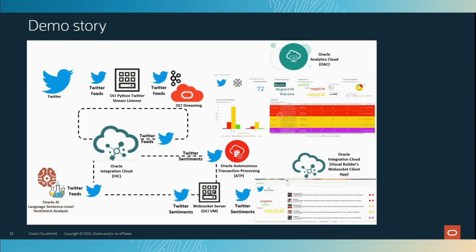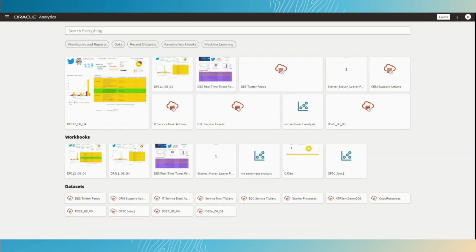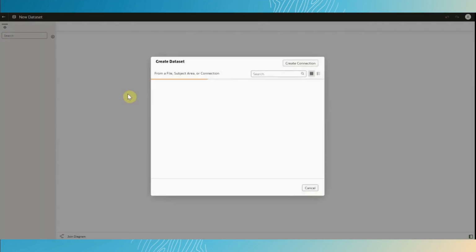I will show you how easy it is to build that dashboard on top of our Twitter sentiment feeds that we have in our QualityP, leveraging the native connectivity that we have between our analytics and the possibility to do a live connection with ATP. That gives us more real-time behavior. So let's do that. So the first part is to create a dataset. So I will use my